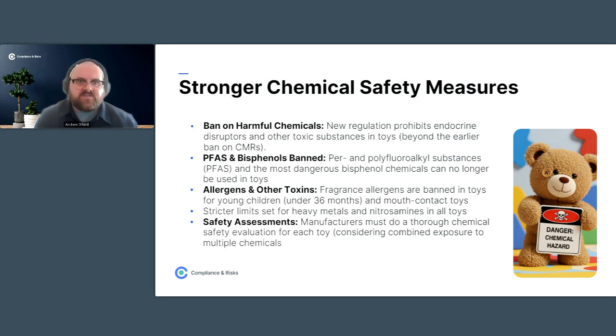So manufacturers will now have to perform more comprehensive chemical safety assessments for each toy. This means before a toy hits the market, the maker must evaluate all potential chemical hazards, not just one chemical at a time, but also the combined effect of the multiple substances a child could be exposed to. In summary, the EU is closing loopholes to ensure that toys are toxic-free and safe for children to handle and